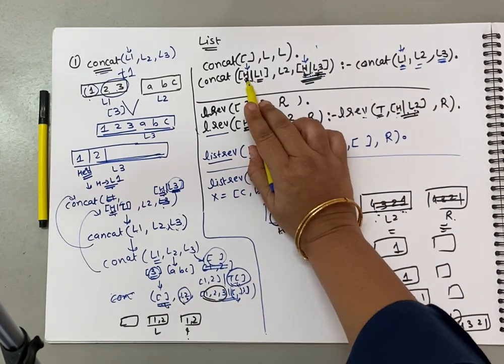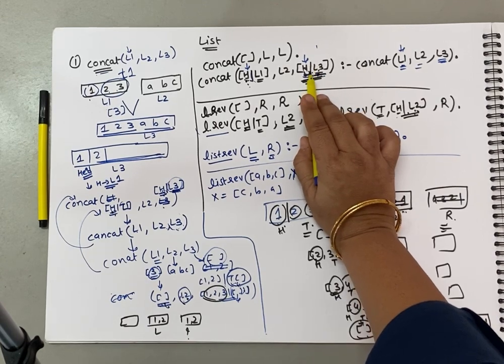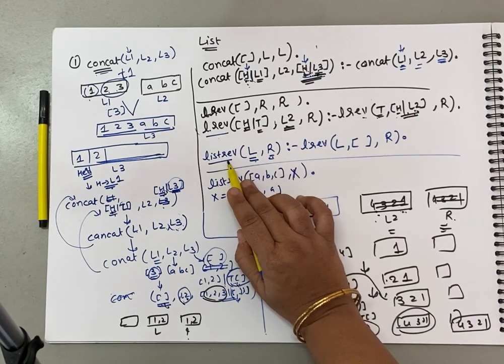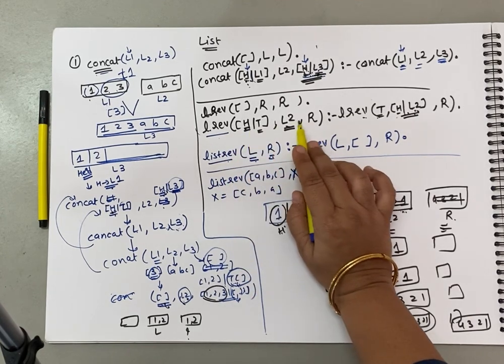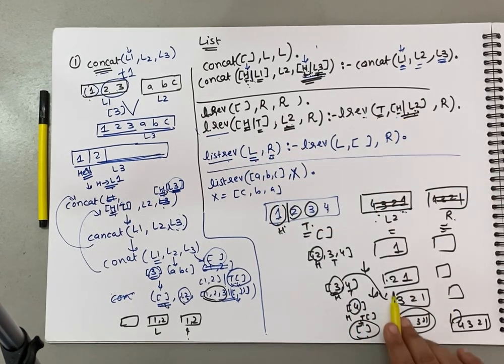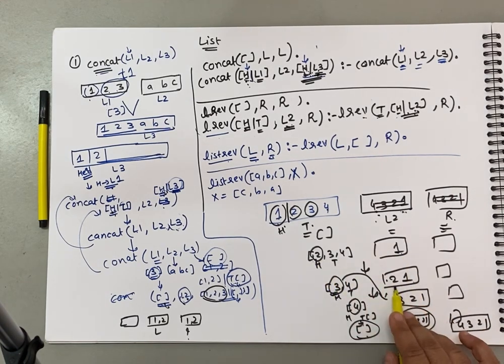If you want concatenation, then the head should be added to the resultant list right away in the head of the rule. But if you want string reverse, then the head element will not be added over here, but it is going to be added in the body. So in every iteration the head is different. The first iteration's head will be now in the body, and the second iteration's head will be head. The third iteration's head will be head, and the final element will be the head for the final list. That way you are going to get the string reverse over here.